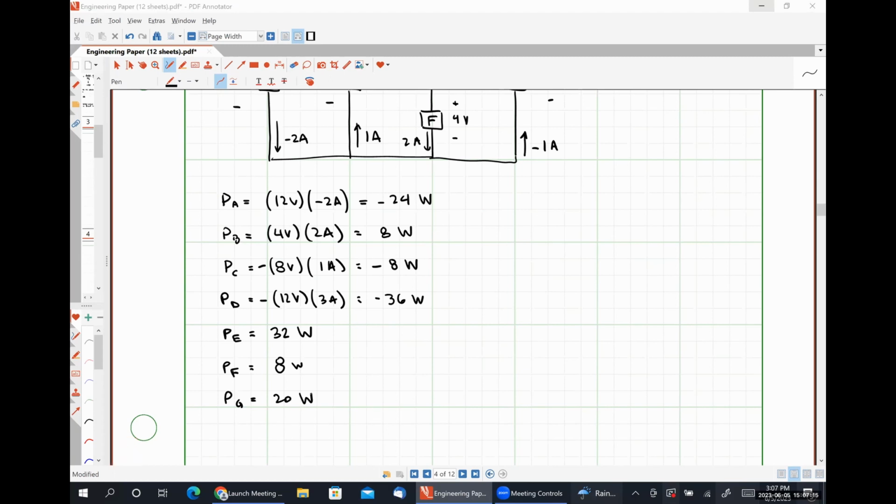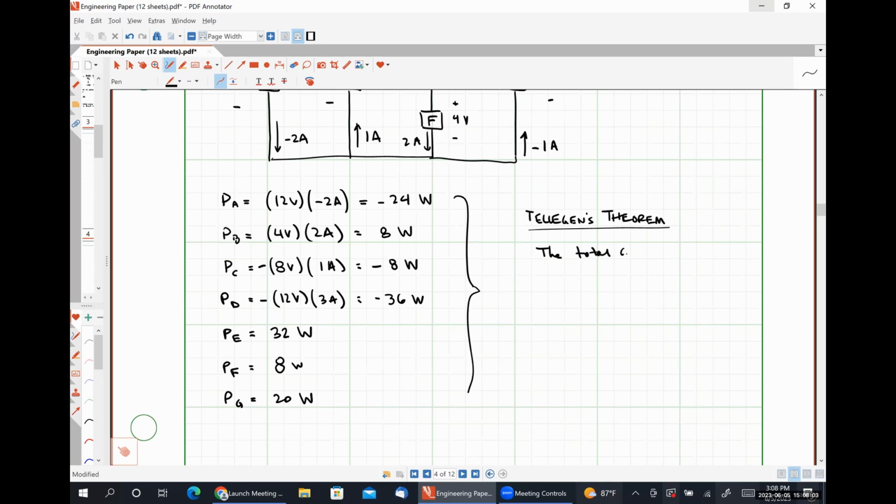Do me a favor here, really quickly. Add all these numbers together. It equals 0. So that's another thing related to power and energy. It's called Tellegen's theorem. And Tellegen's theorem simply states that